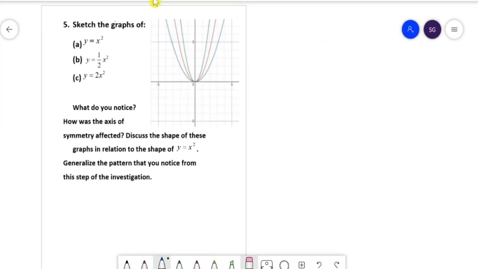The next part of this task is to sketch the graphs of y equals x squared, half x squared, and 2x squared. Now, when we go to the graph, I've already used Desmos to plot these graphs, and I've done it on the same grid, so you can compare them. y equals x squared is the red graph here. When you are multiplying it with a number that is half, a number between 1 and 0,